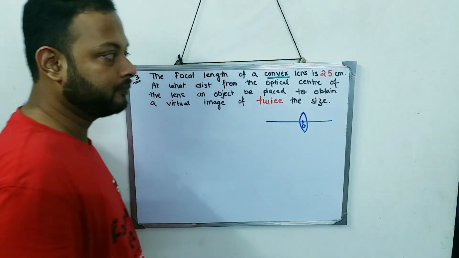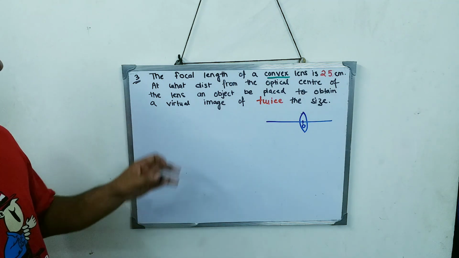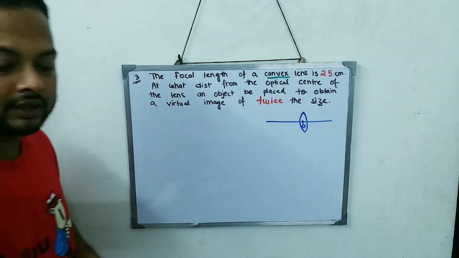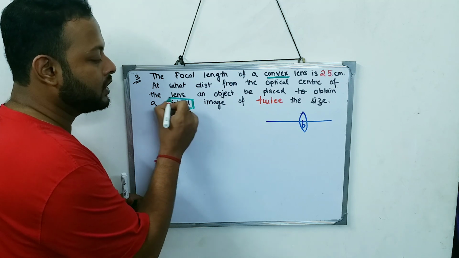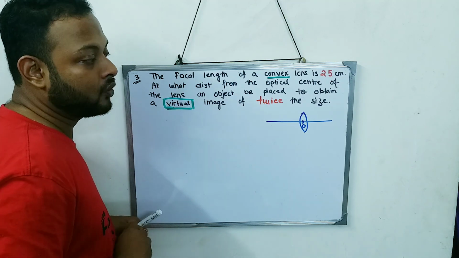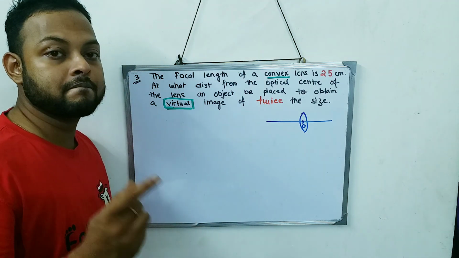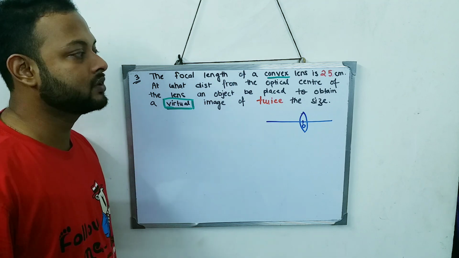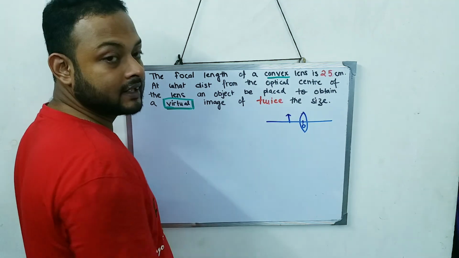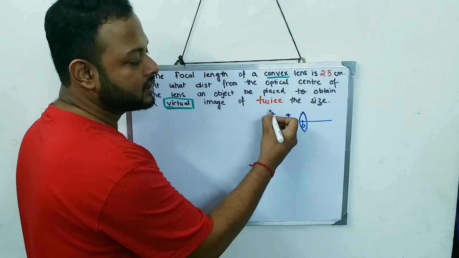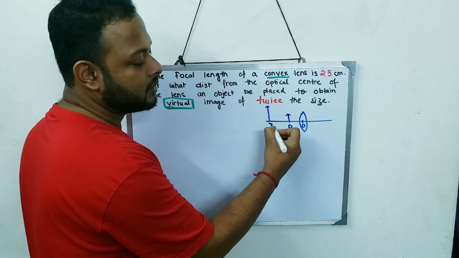with optical center O. Now very important over here, a virtual image. Just see what kind of image I am getting. I am getting a virtual image. And in a convex lens, when is the virtual image obtained? The last case, where the object is placed between the optical center and f1 and the image is formed behind it. It is like this. This is my object and this is my image.